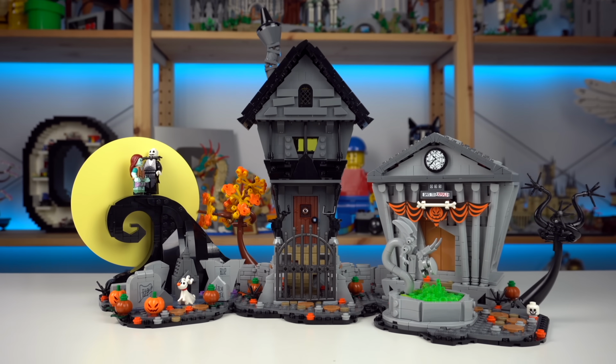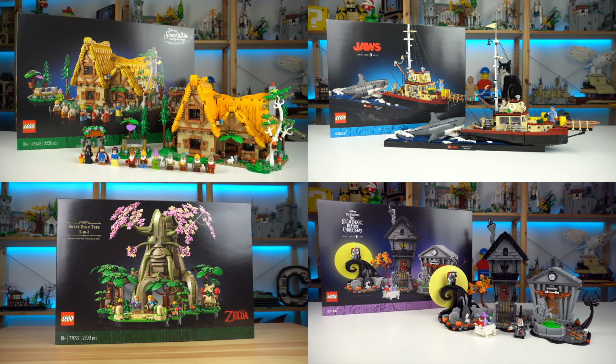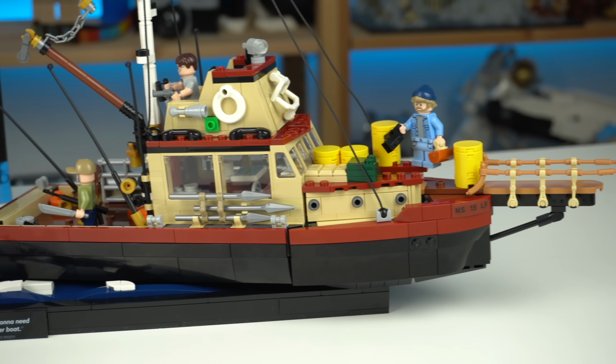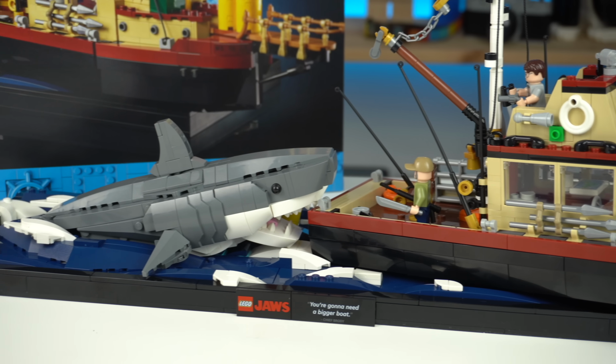And with all of that said, out of these 4 nominees, considering the mix of character selection, price and building techniques, Jaws takes the award here. But I can understand how this may be a highly controversial and subjective pick and theme as a whole, but you tell me. Now comes the time to cast the votes for the best LEGO sets of the year,